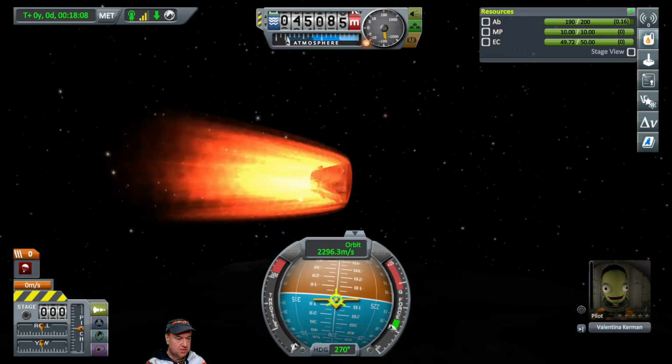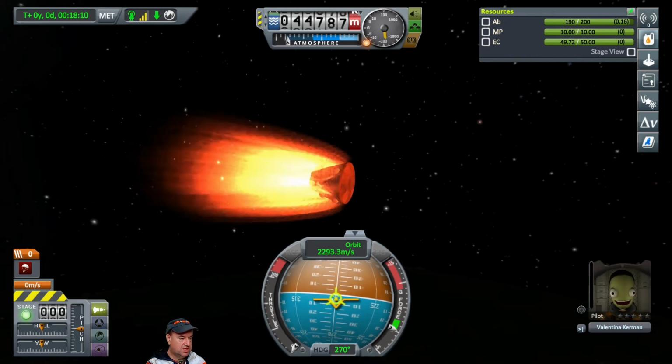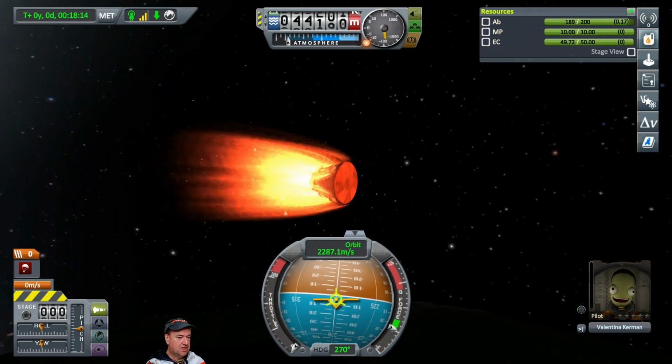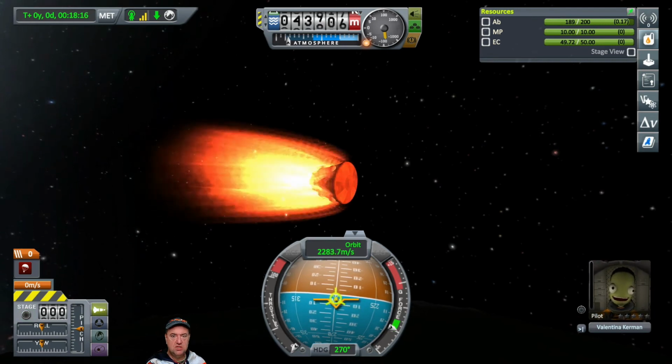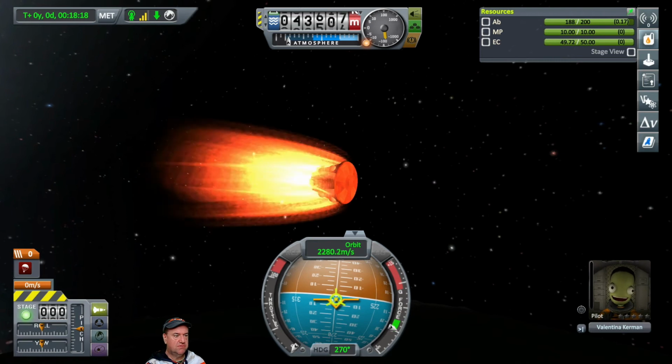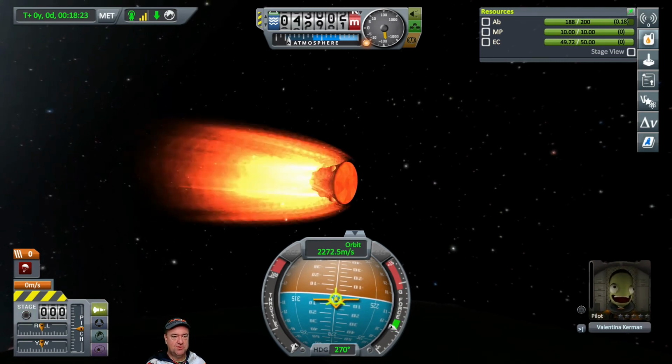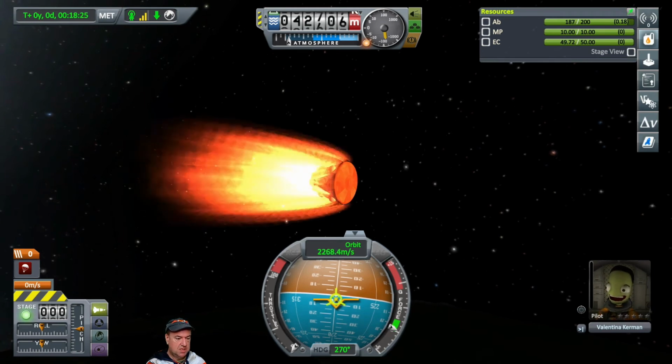So everything is looking good. I'm going to change the view a little bit so we can see that heat shield. As you can see, we don't have any heating effects as of now. That heat shield gives us better survivability for re-entry. Coming up on 43 kilometers in altitude. Because I'm not using the